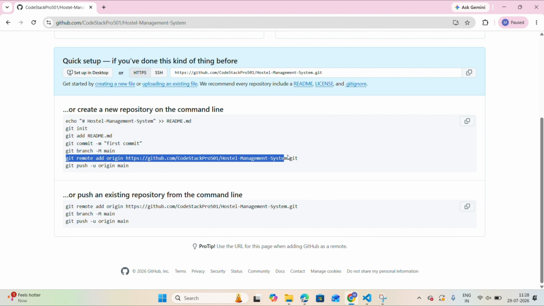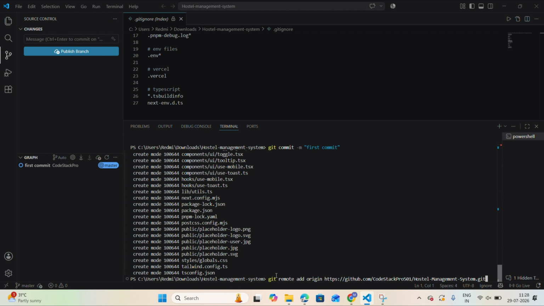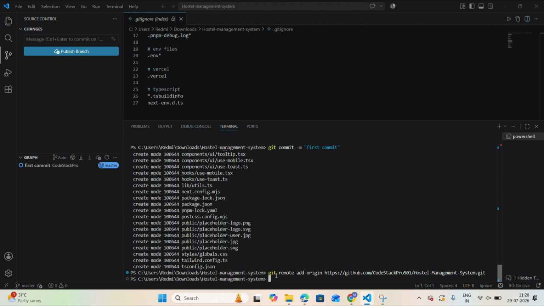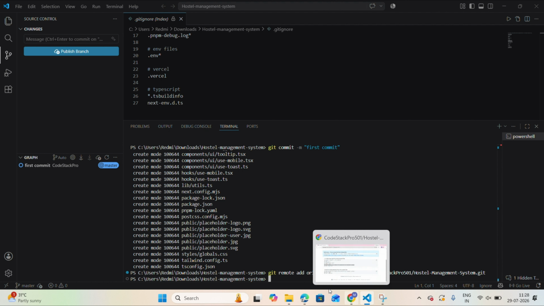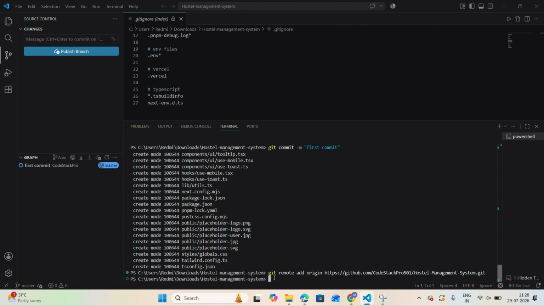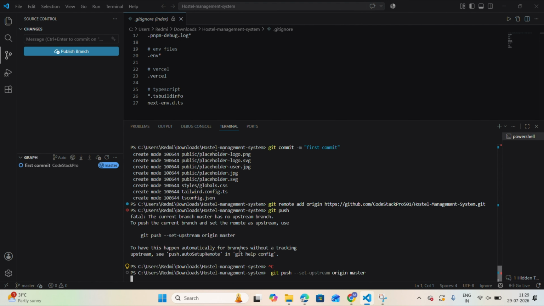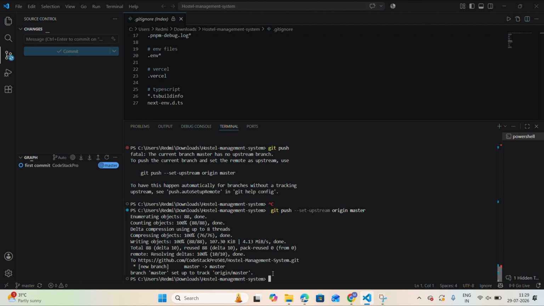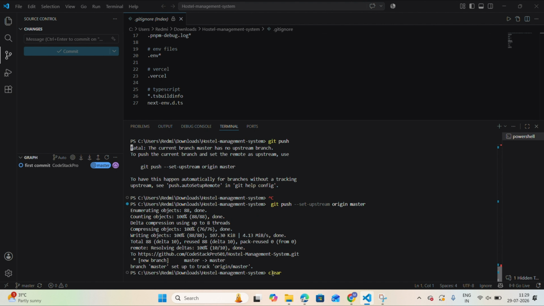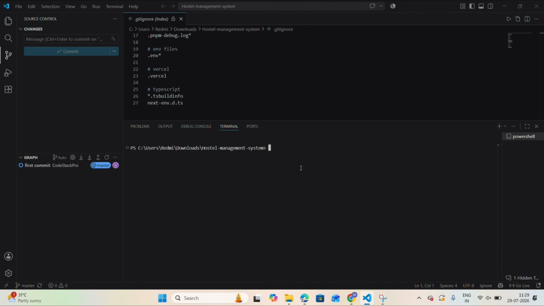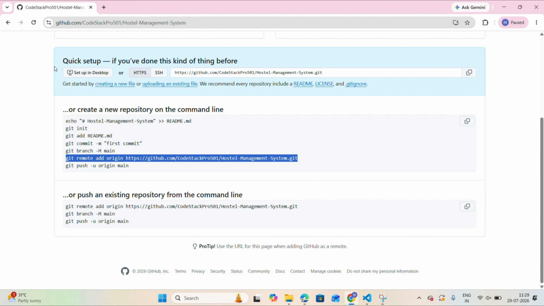Now copy this command and paste it in the terminal. This is the master branch, and copy this command and paste it. Now as you can see,